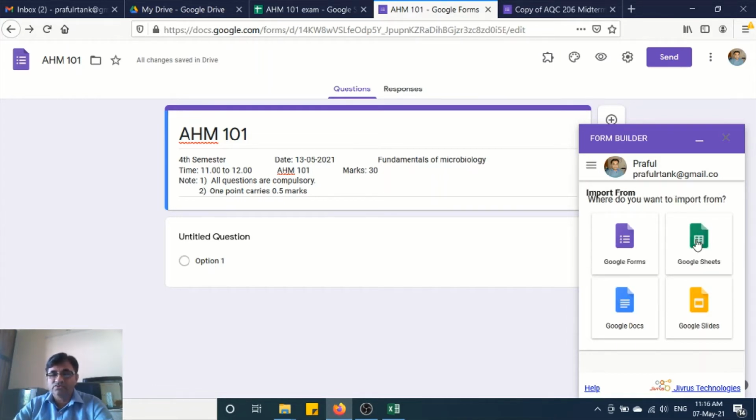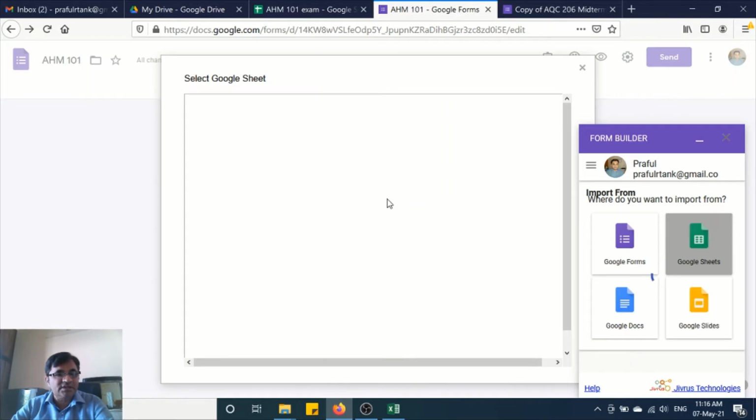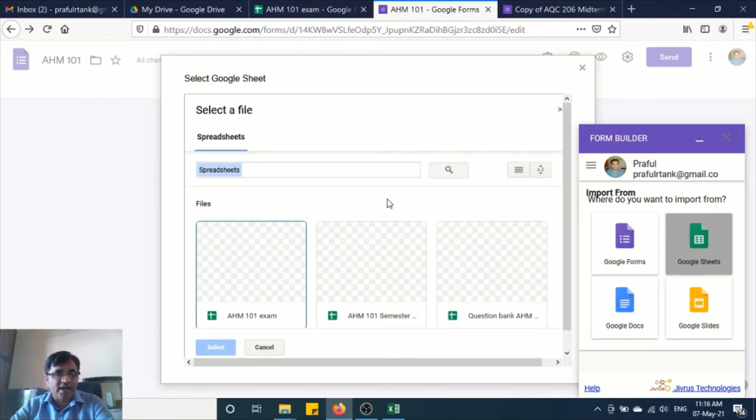Here we have to select the Google Sheets. So whatever Google Sheets are stored in your drive will appear here. Here you have to select the sheet in which your questions are uploaded. This one is our sheet. I am selecting it.